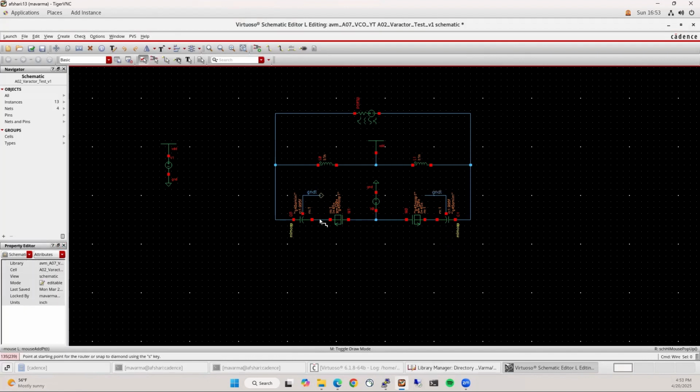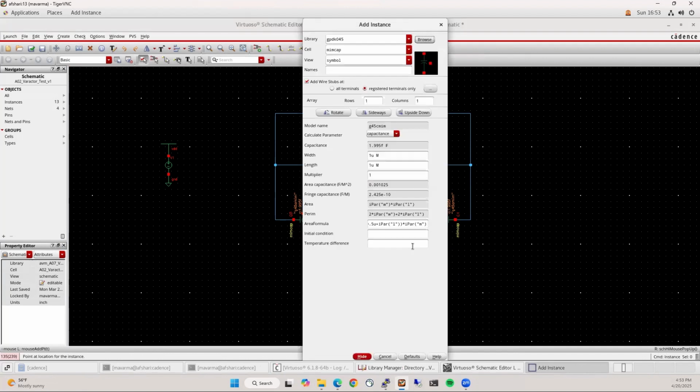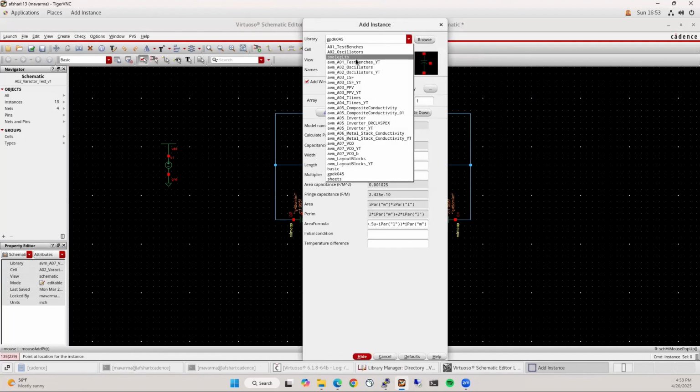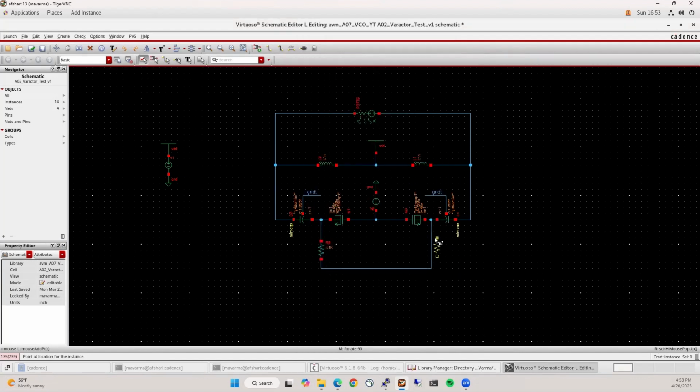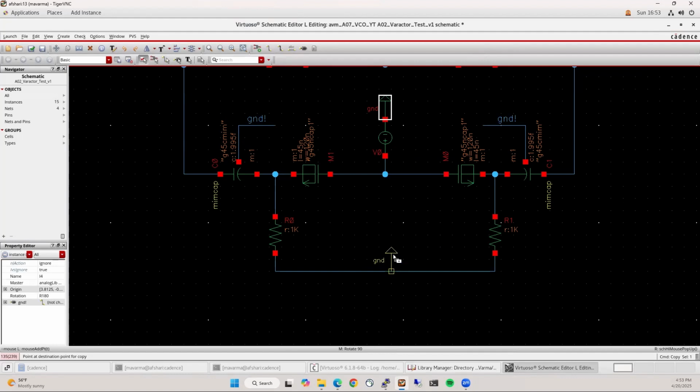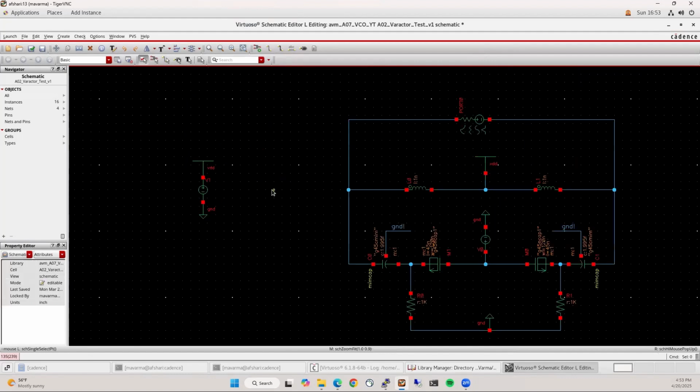Okay, so the reason I have it like this is that I want to be able to bias this from 0 to 1 volt. Now, since you have VDD here and this should be 1 volt, call this V